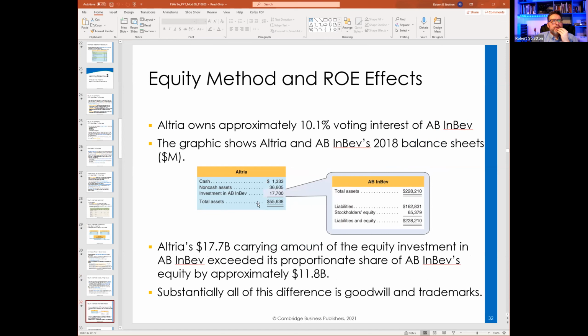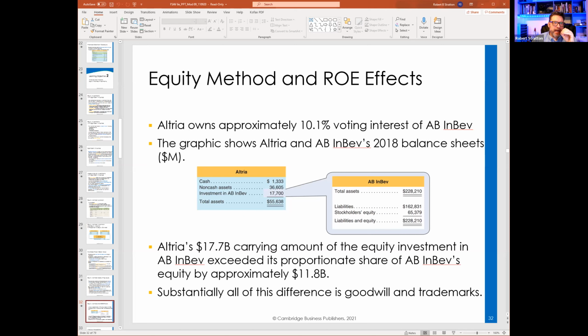Okay, so this is an example of how it can be misleading, from the book. I don't know if it's worth getting into this. Essentially, in this example Altria owns 10% of the voting interest of AB InBev, which I think makes beer and some other consumer packaged goods. Altria, the parent, the investor, has 17 billion on their balance sheet,